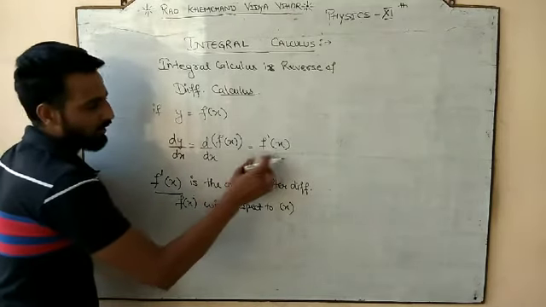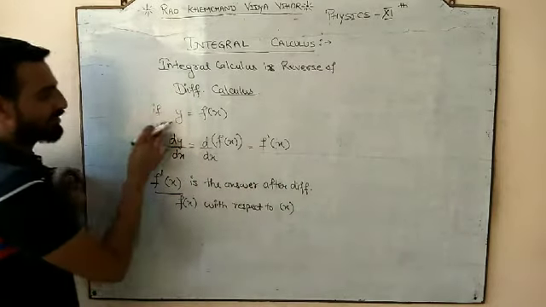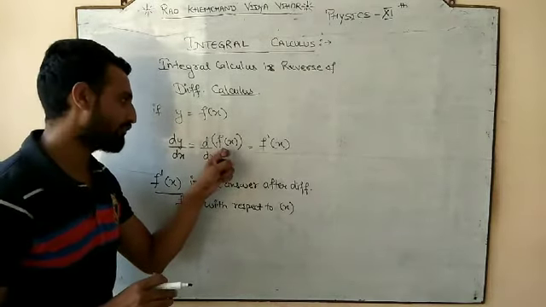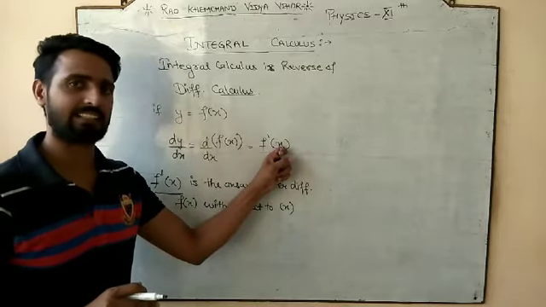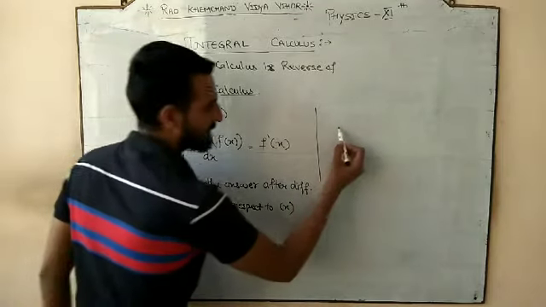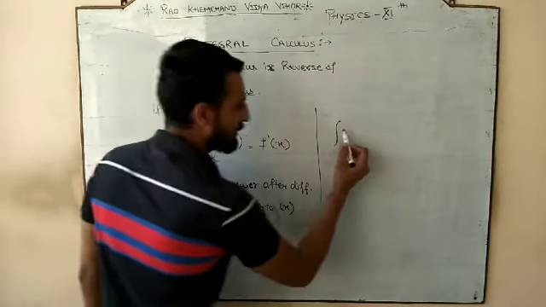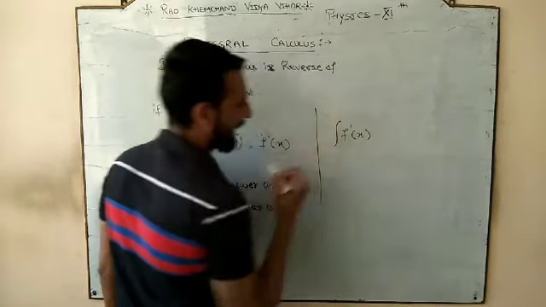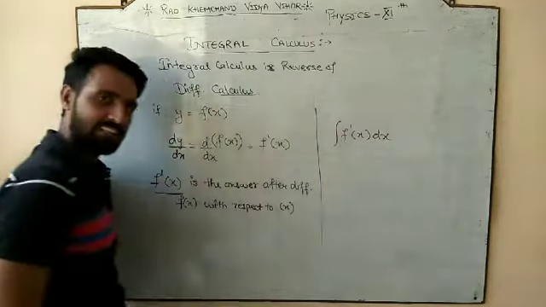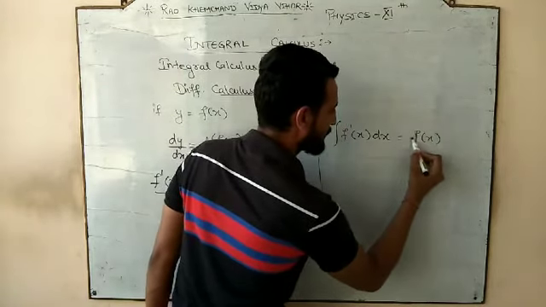Now, if I want my answer back, मुझे अपना वो original function वापस चाहिए. So for that reverse process, from fx, if we differentiate fx, we get f dash x. So what is the reverse process? If we integrate f dash x, and the symbol for integration is this line. So by this manner we will show the integration. So the integration of f dash x, whatever be the result of differentiation with respect to x, will give us the original function fx.